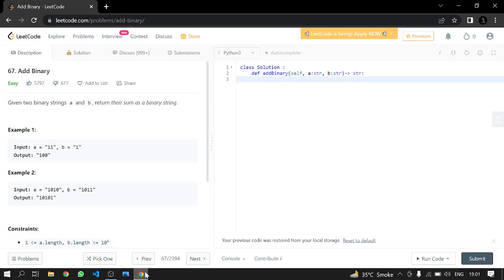Hey everyone, today we'll be doing another LeetCode problem, 67, Add Binary. This is a very easy problem, but it does have a trick to it. We will be given two strings and we have to add them, converting them to binary and give us the output. So the trick to it will be